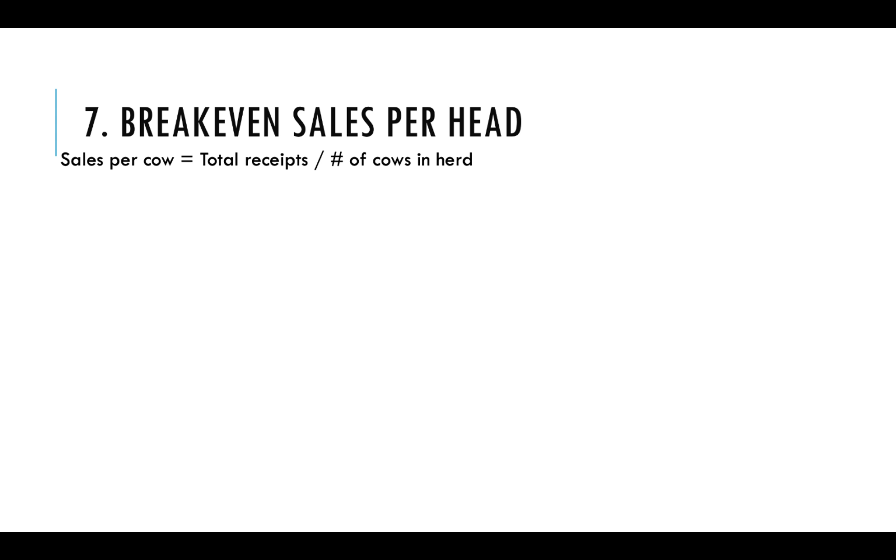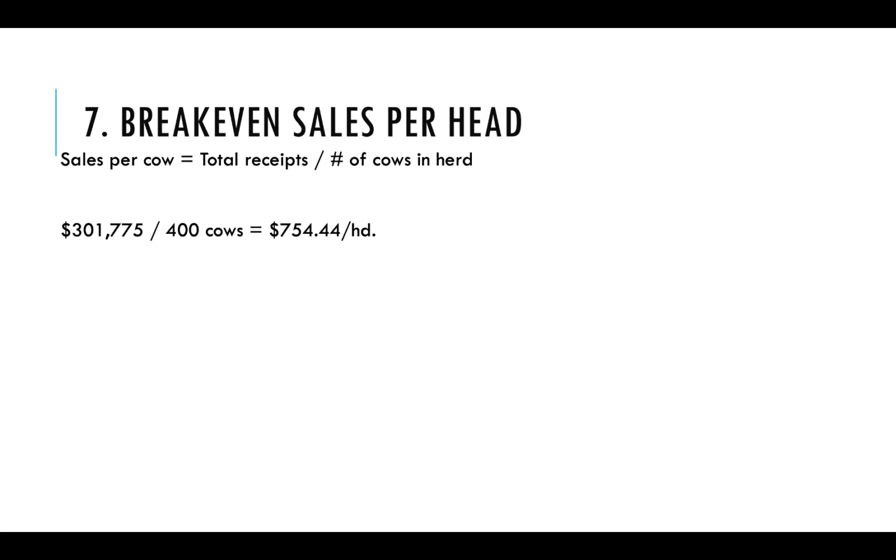And so if this problem actually asked you to look at and calculate the break-even sales per head. When we think of the sales per cow, that is going to be calculated as the total receipts of the entire operation, so the 301,000 that was on the previous slide, divided by the number of cows in the herd. And so in this example, we know that our total receipts were about